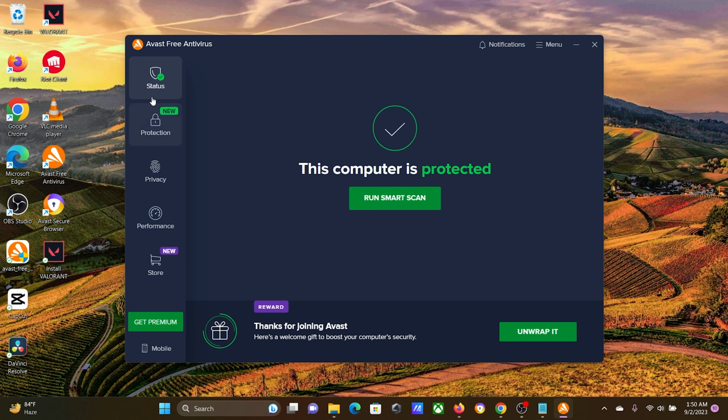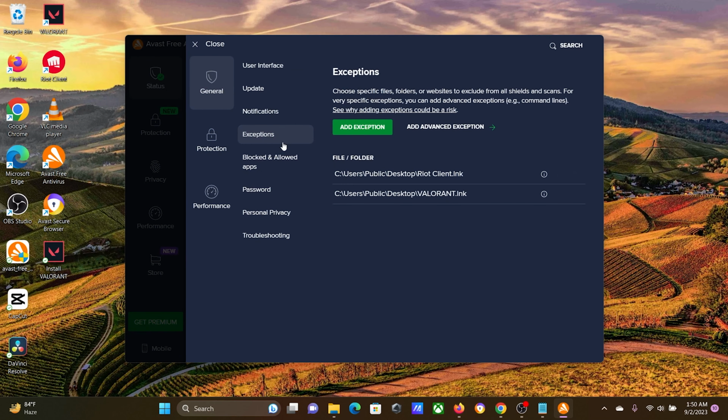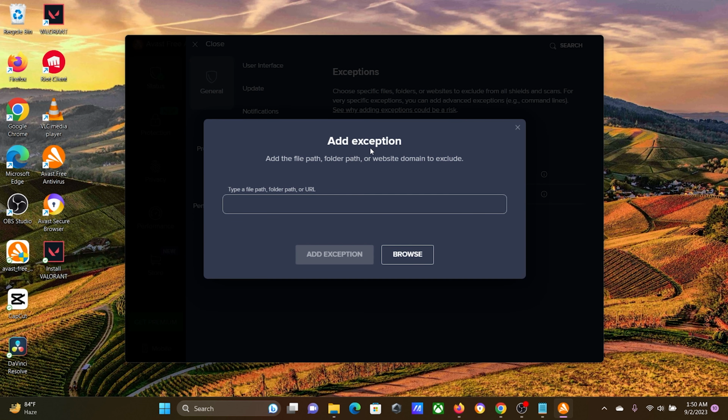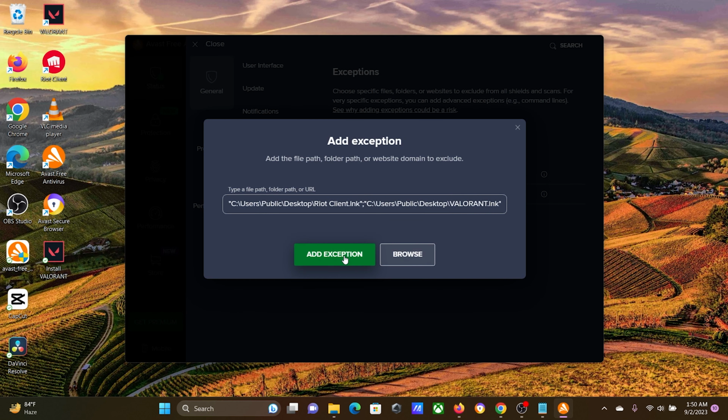So open the antivirus. In my case, I use Avast, so I'll click on Menu, Settings, and then I'll go to Exceptions. It may be different for you depending upon the client. Click on Add Exception, select Browse, scroll down, check the box associated with Riot Client and Valorant, click on OK, click on Add Exception. Now in my case it already exists, but if it does not, it will be added